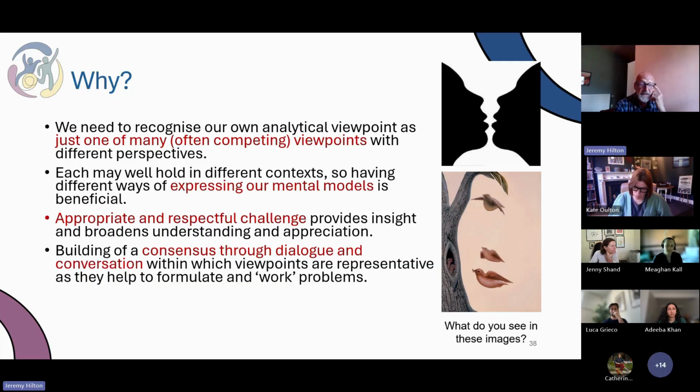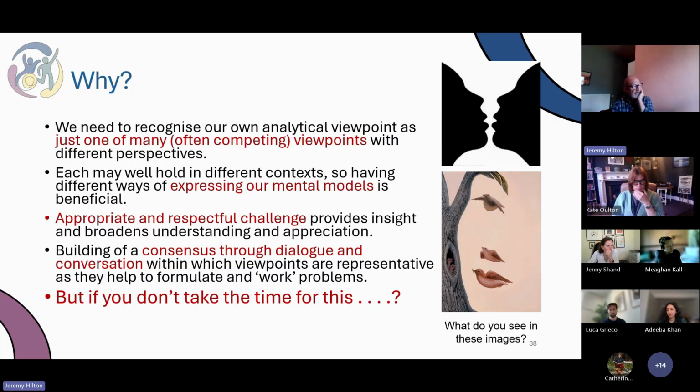And then it's about trying to build a consensus through dialogue and conversation, or if not a consensus, at least an accommodation. By that, I mean I may not agree with you, but I won't disagree with you. So I'm happy to adopt it or include it, but I don't necessarily buy into it. But I'm not going to fight you on that. So a consensus and an accommodation. That's important in Sprocket because we need to accommodate those to achieve these sorts of improvements in these transitions, even though we're going to embed it in the voices and needs of the young people and their parents and caregivers.